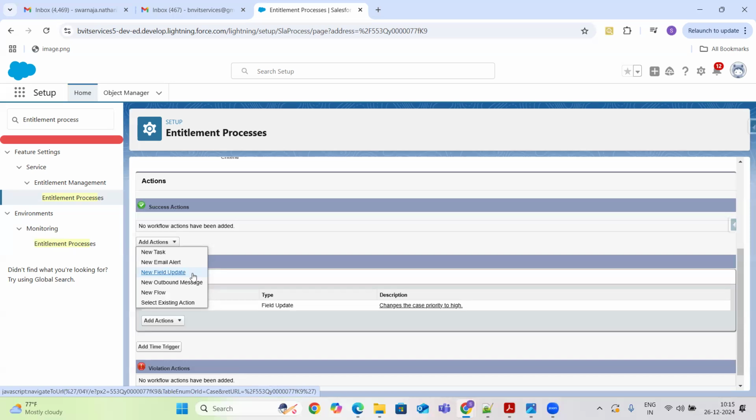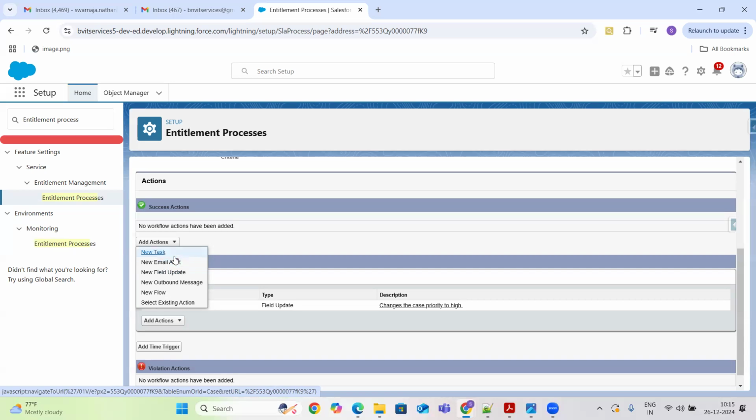New field update is in the sense of, for example, whenever the case milestone is successful, I would like to update some record on the account, some particular field value on the account. In that case, we will use new field updates. Email alert is something like if we need to send any email notifications.